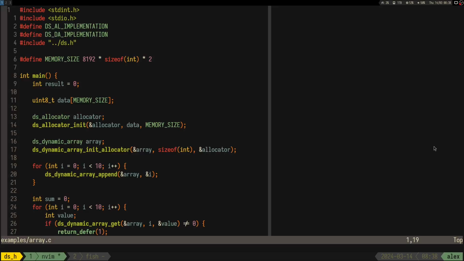Okay, so for this new project, what I wanted to implement was a memory allocator. And yeah, here you can see it in action, I guess, in the array example. And I wanted to add it to our ds.h library so we can reuse it in other projects as well